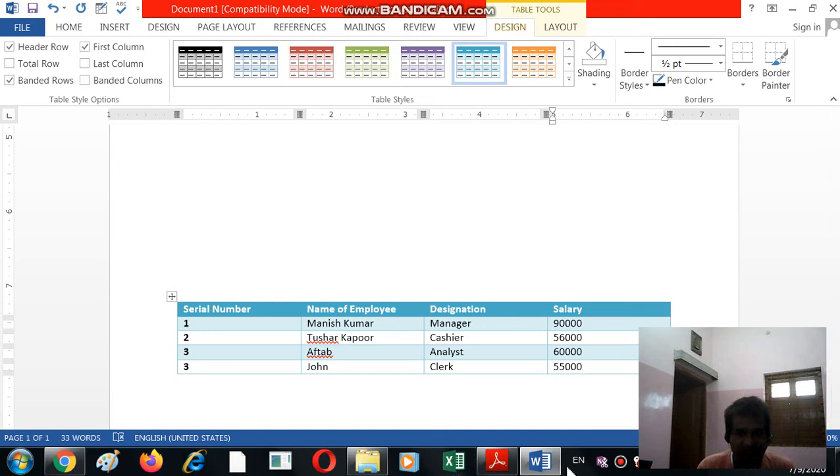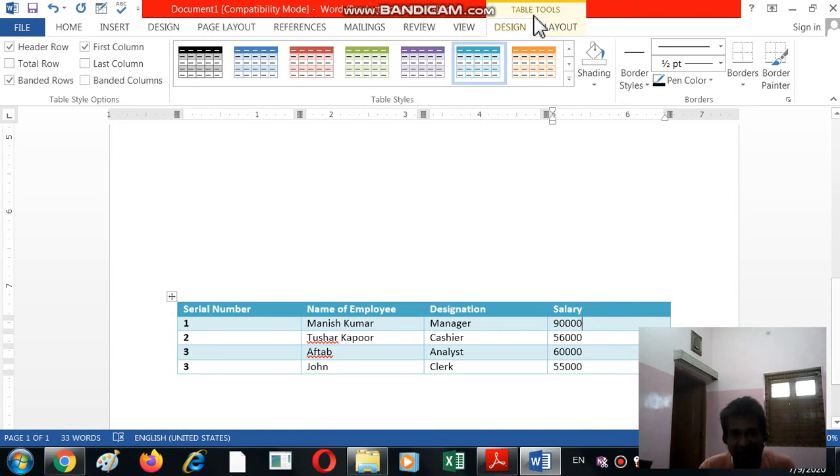Now suppose I want to add the different salary structures. Salary has different parts, like basic salary, HRA, DA, PF. I want like that. So the same column needs to be bifurcated into a number of columns.